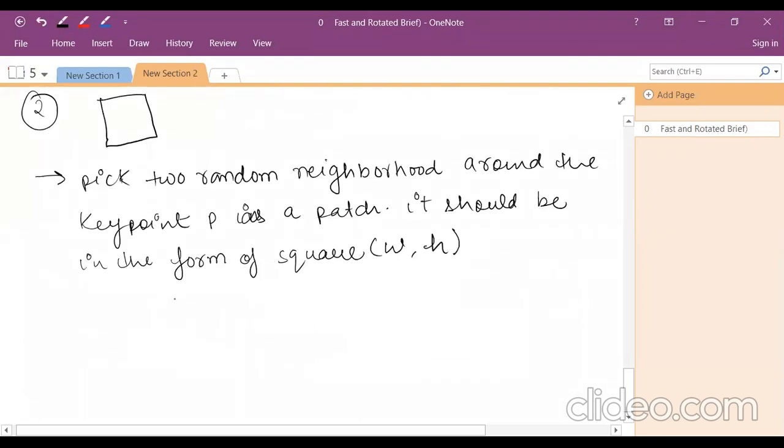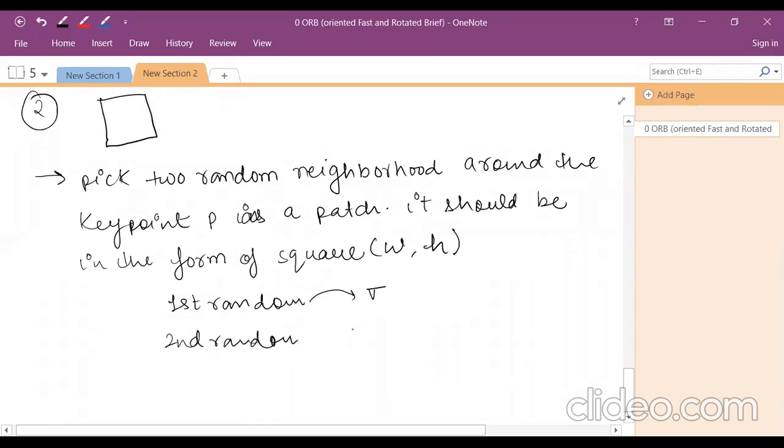Now the first random sample, the smoothing is done by using the Gaussian filter with some sigma value. But for the second random sample, we have to apply the Gaussian filter using sigma by 2.